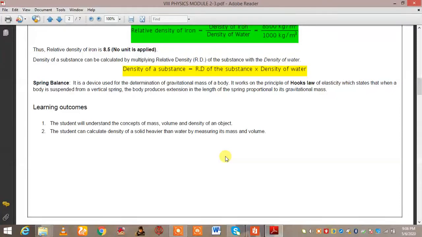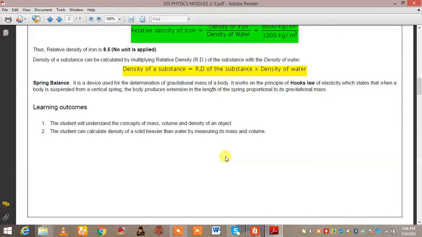Then we will fill that density bottle with water, and then we will again weigh it, and that mass will be M2. And if we need to calculate the density of any liquid, suppose it is mercury, then again we will fill this specific gravity bottle or density bottle with the required liquid, that is mercury, and that mass will be weighed and written as M3.